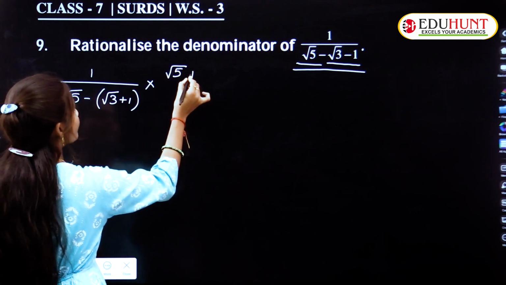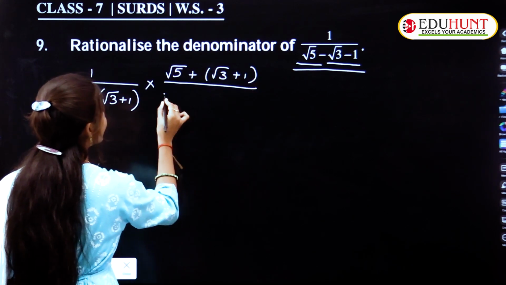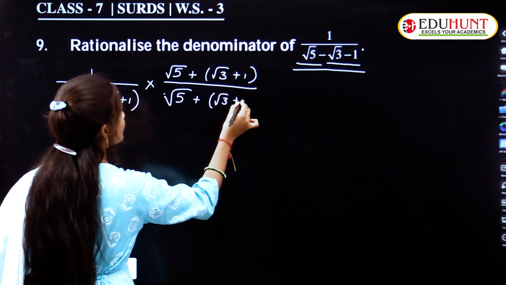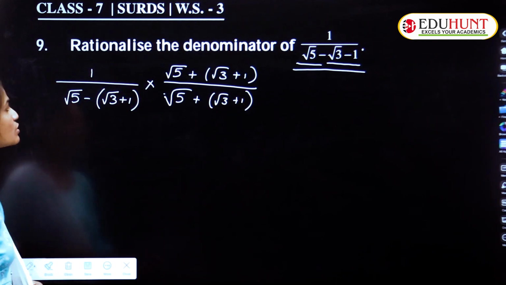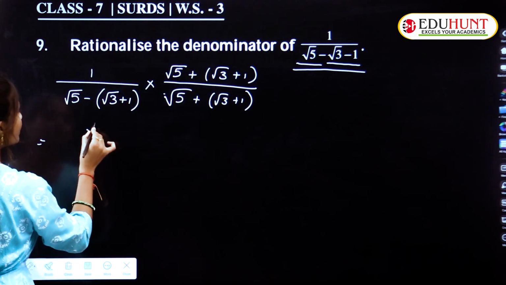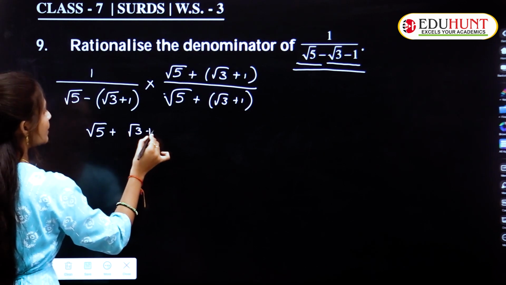Root 5 plus root 3 plus 1 whole by root 5 plus root 3 plus 1. Okay, now we need to simplify this. So what is that? 1 into the same thing means again you will get the same number, no. So square root of 5 plus square root of 3 plus 1